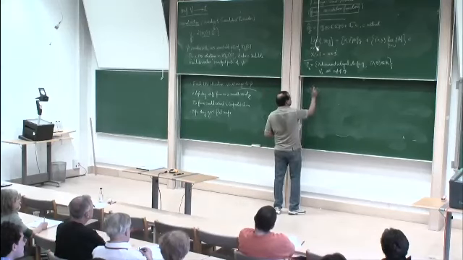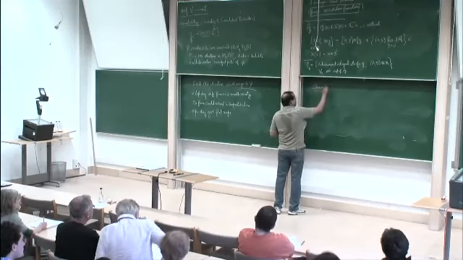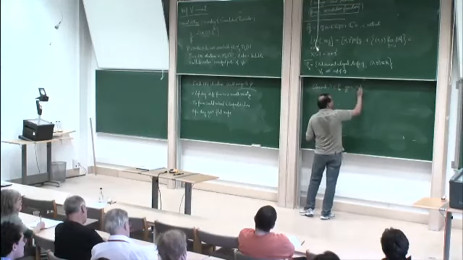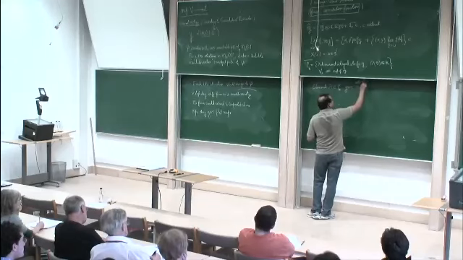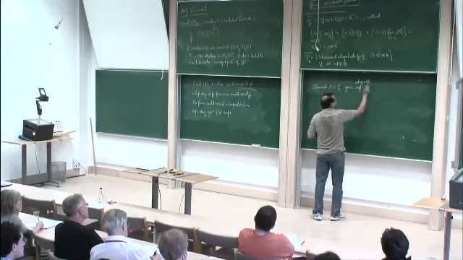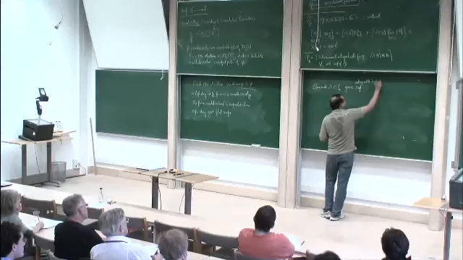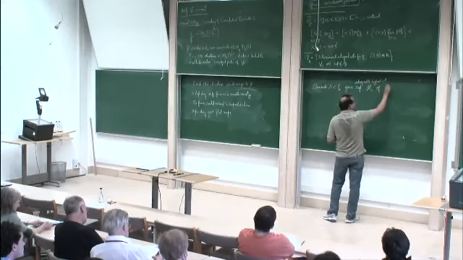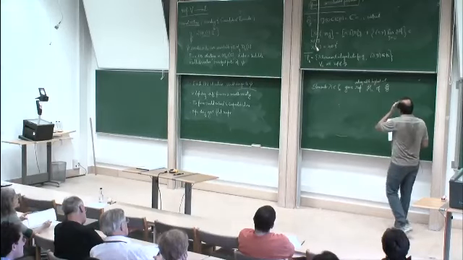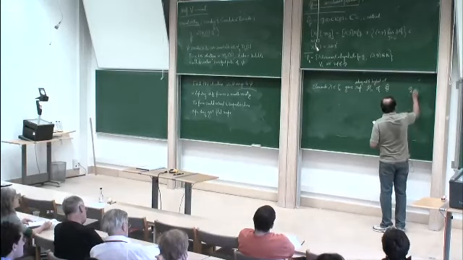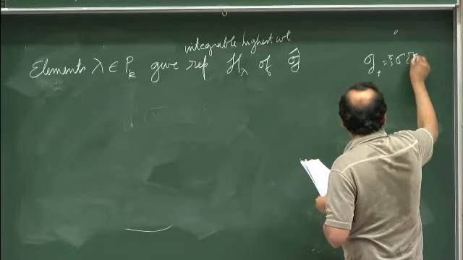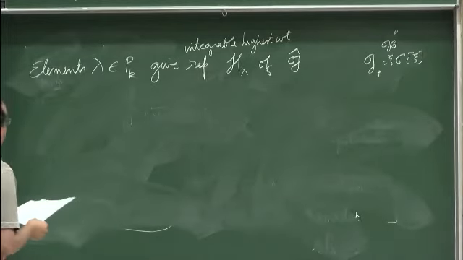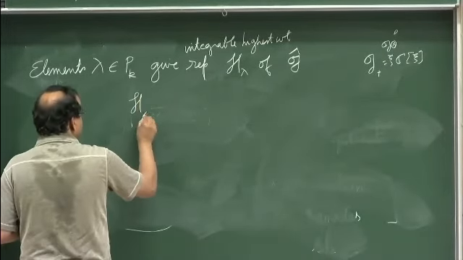So the elements lambda and Pk give representations of integrable highest weight representations H lambda of G hat. So when you have highest weight, you need to know what the Borel is. The Borel is G plus equal to G tensor S. Okay, and those are going to be called H lambda, and H lambda contains V lambda, and I'm going